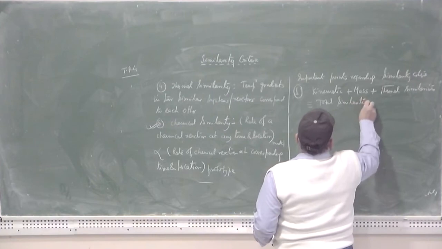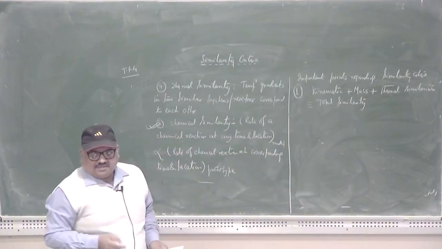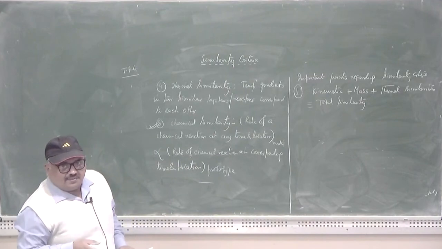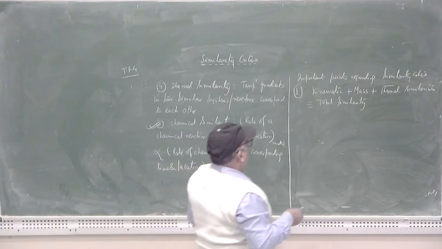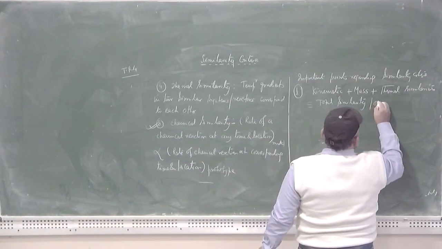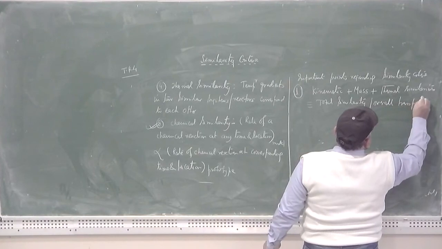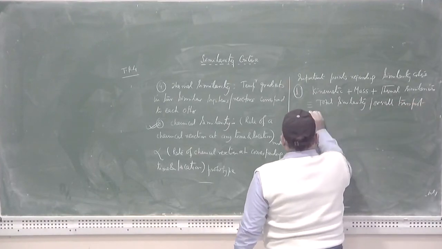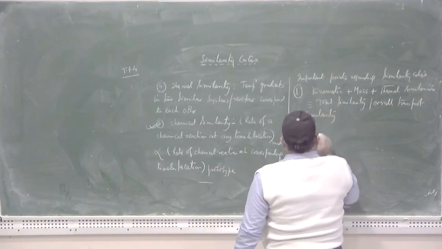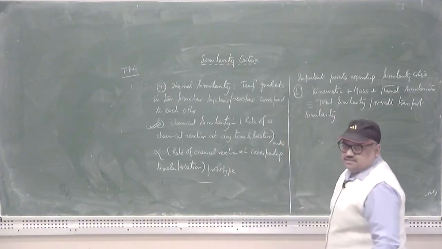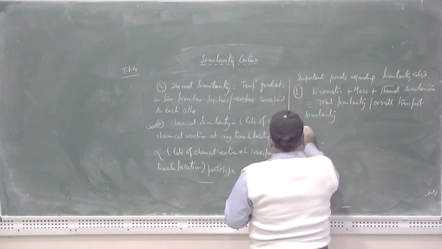When all these three similarities are satisfied separately, then it is called the total similarity, or it is also called overall transport similarity. This is the first important point regarding the similarity criteria, and the next important point is